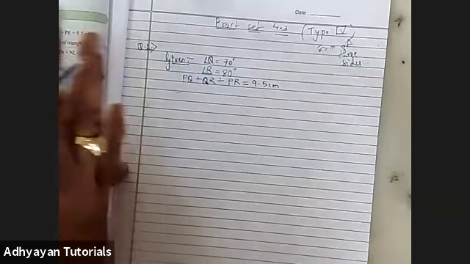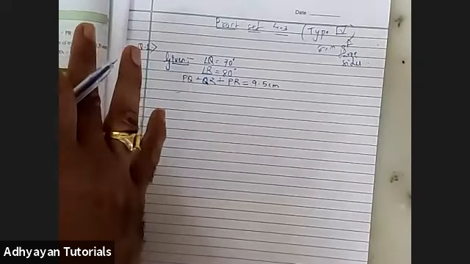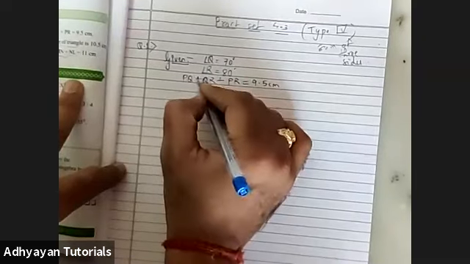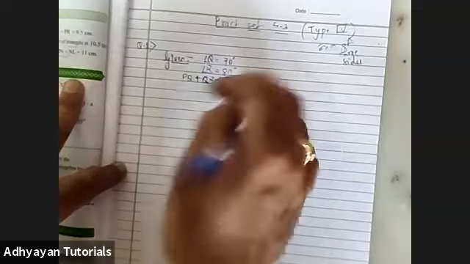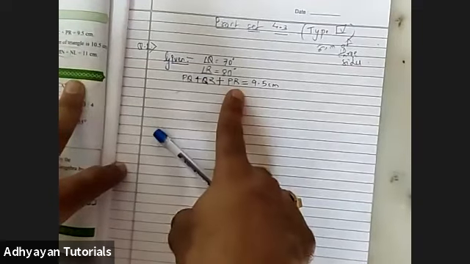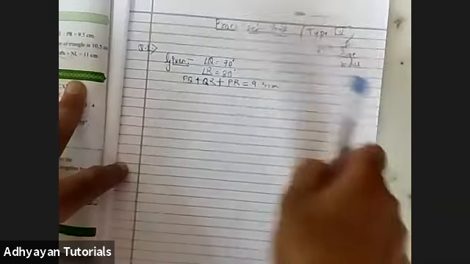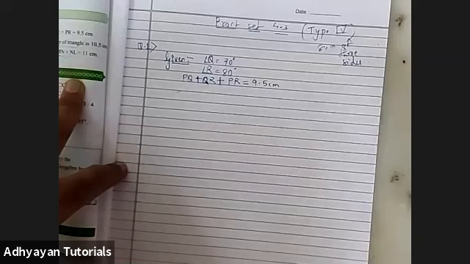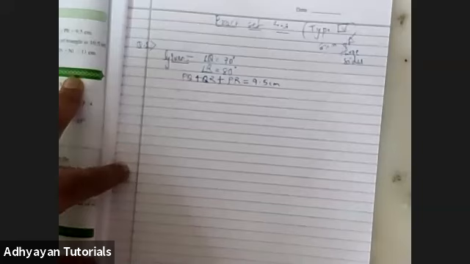If you all remember earlier types of sums, children, what we did was the first step was to draw the base. Now here when I try to draw the base, the problem is I don't have any individual value of the side. There is no individual value of any side, and since we don't have any side's individual value, we cannot draw the base, right? Yes, Daniel, everybody has to message me here itself, because the other laptop is not available with me right now. So don't worry, I'll be reading your chats from here.